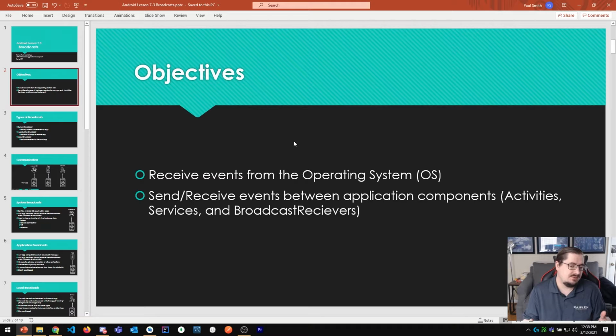First of all, they're a way to receive events from the operating system about what's going on with the hardware or other things in the operating system, such as knowing if your device is connected to the internet, knowing what the state of the battery is, is it plugged in and charging, are you on Wi-Fi or are you on cellular, and things like, has the time or the time zone been changed, has the locale been changed. There's a lot of different events that you can hook into and find out what's going on with the system